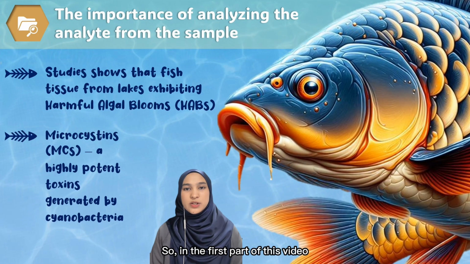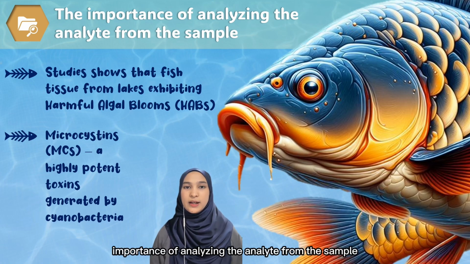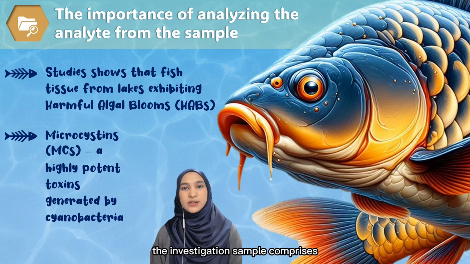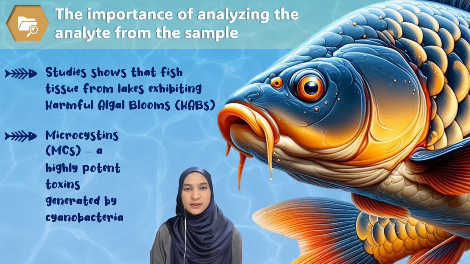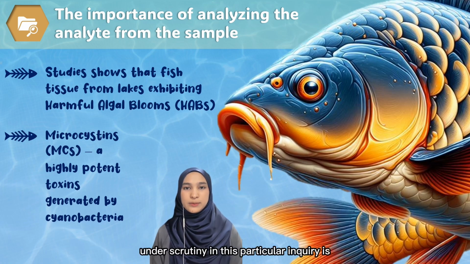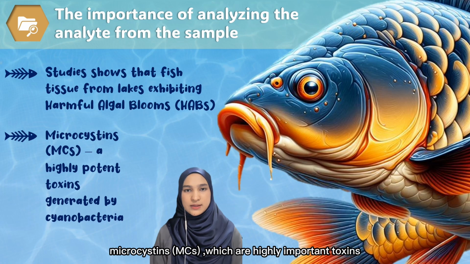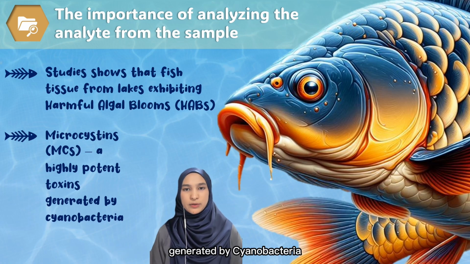So, in the first part of this video, I will discuss the importance of analyzing the analyte from the sample. The investigation sample comprises fish tissue from lakes exhibiting harmful algal blooms, HABs. The substance under scrutiny in this particular inquiry is microcystins, which are highly potent toxins generated by cyanobacteria commonly detected